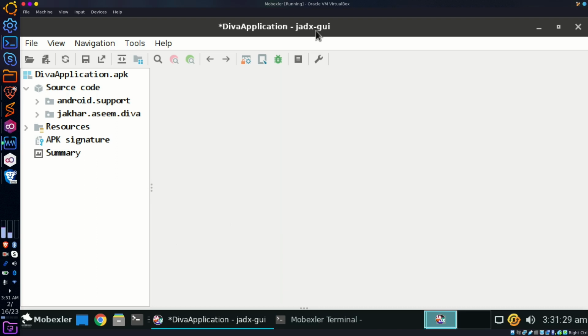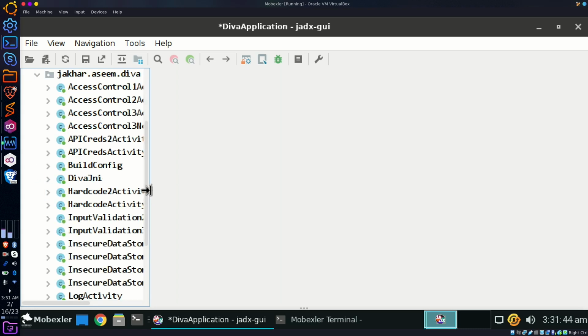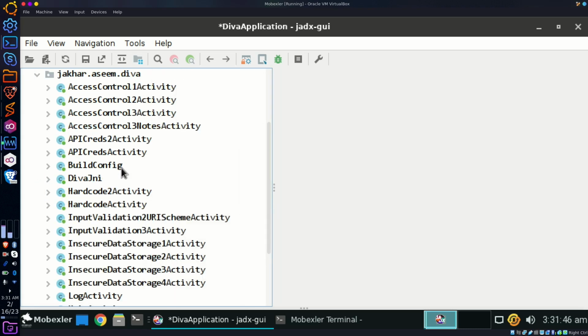reverse engineering. Now I'm going for the Jakarasim Diva. This is the package name. Every application has its package name. Now in the Java you can see all the activities here. So we need to check the hardcode activity. This is our hardcode 1, because you can see here